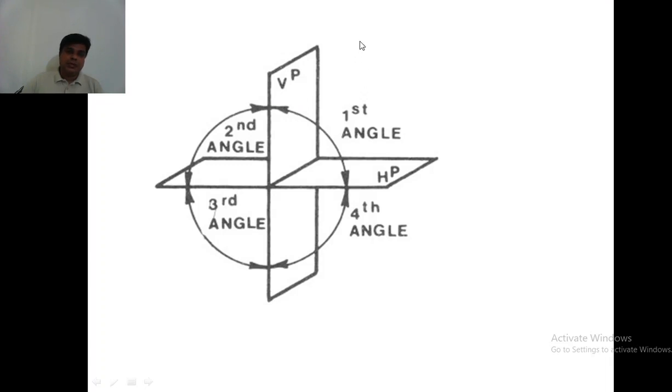Similarly, assume you are seeing from the top, the point is here. When you see from the top, the shadow or the image of this point will fall on the HP, horizontal plane. So in the first angle projection we keep the object in front of the vertical plane and above the horizontal plane, and then we see the object from different views. We'll see this in detail now.